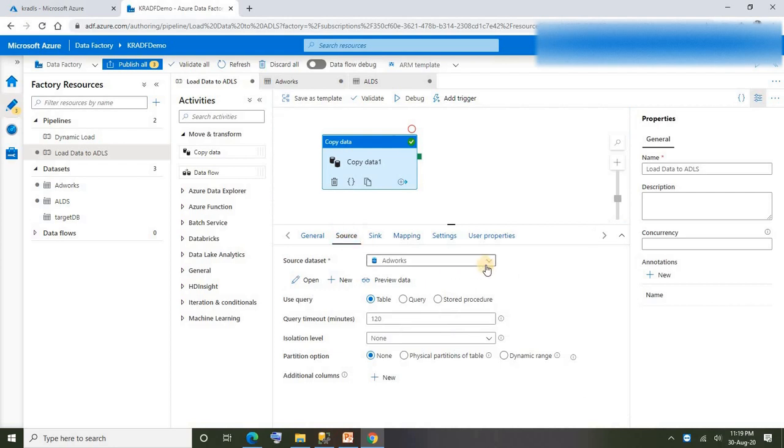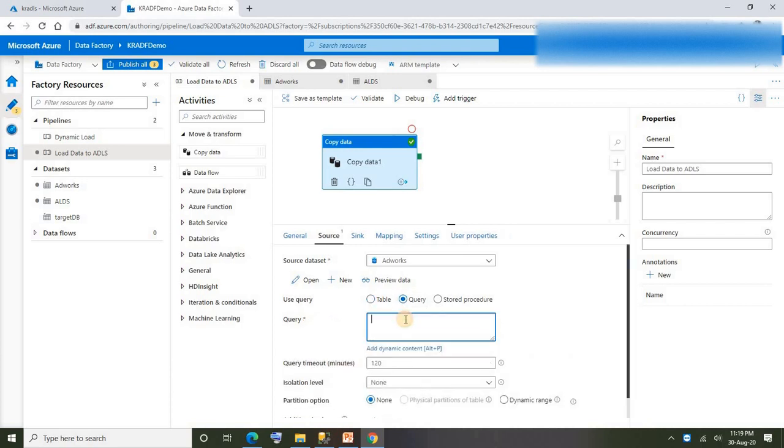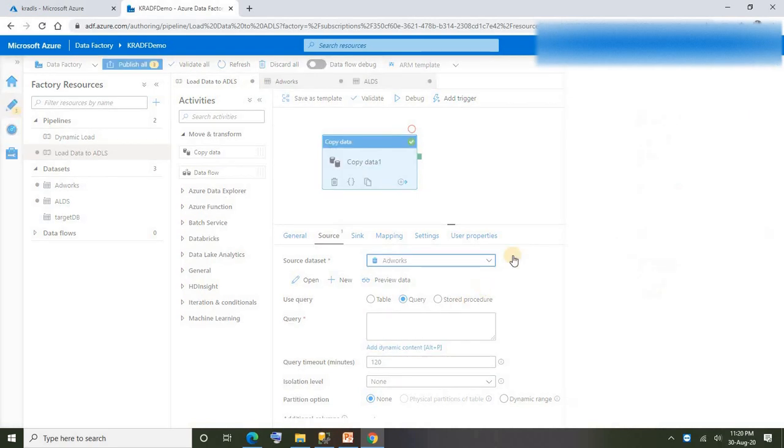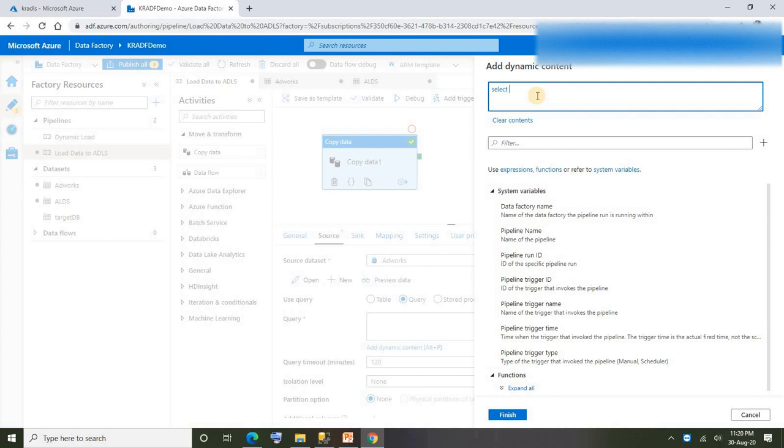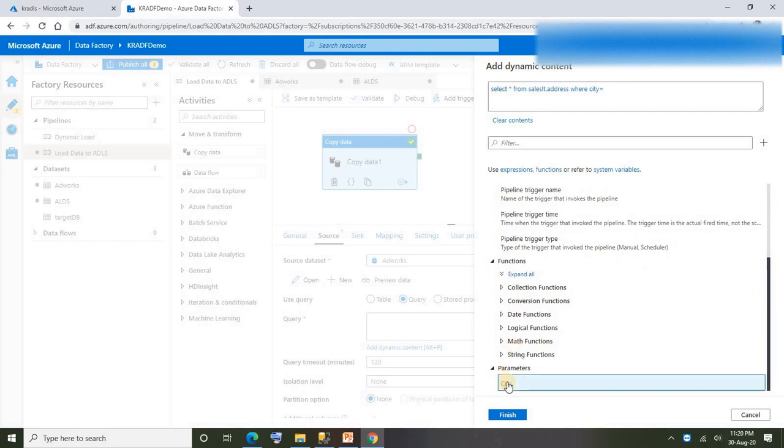Fine, that's it. Now let's refer this parameter in the source dataset. Let's go to source. Currently, you could see source selected as table, right? Now I'm gonna convert that to query. If you want to make a static query here, you can directly say select star from your table name, right? But I don't want to make the complete query static. Let me click on add dynamic content. The whole query is static for now, but I want to make the where condition dynamic, right? Where city equals to,